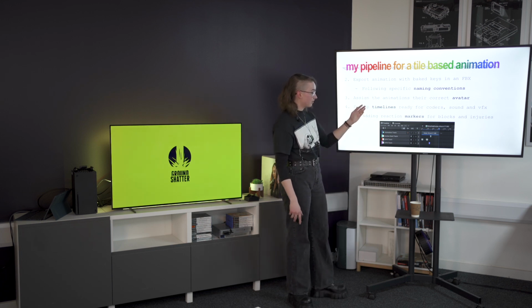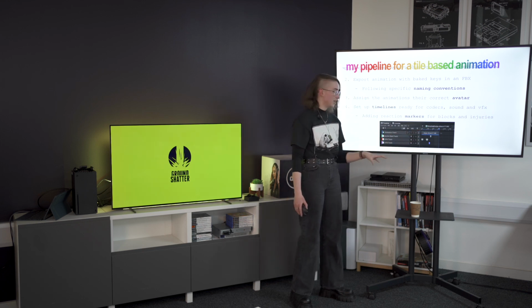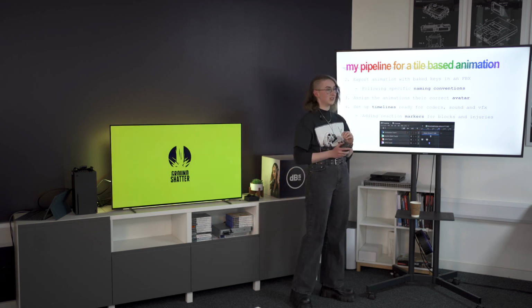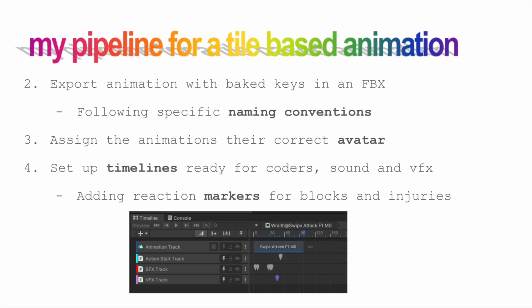Going back to naming conventions really quick, I don't know if everybody can see, but I'm just going to read it out anyway. So we follow a specific structure of naming conventions. And naming conventions and organization is super important in your projects, by the way. The more you're on top of it, the easier it is for everyone. So in this case, we have Wraith, at, swipe attack, F1, M0. So going through